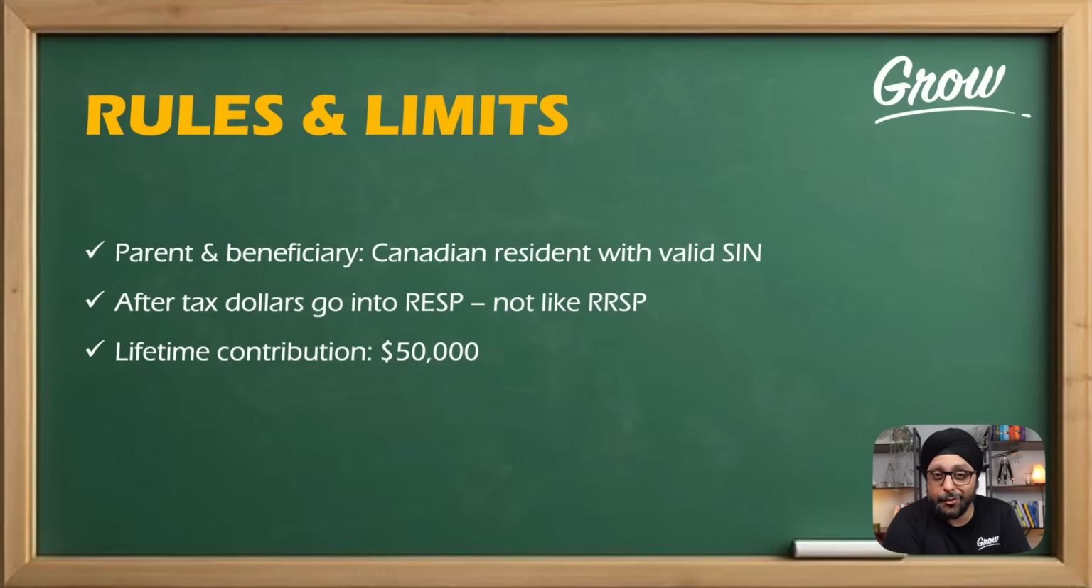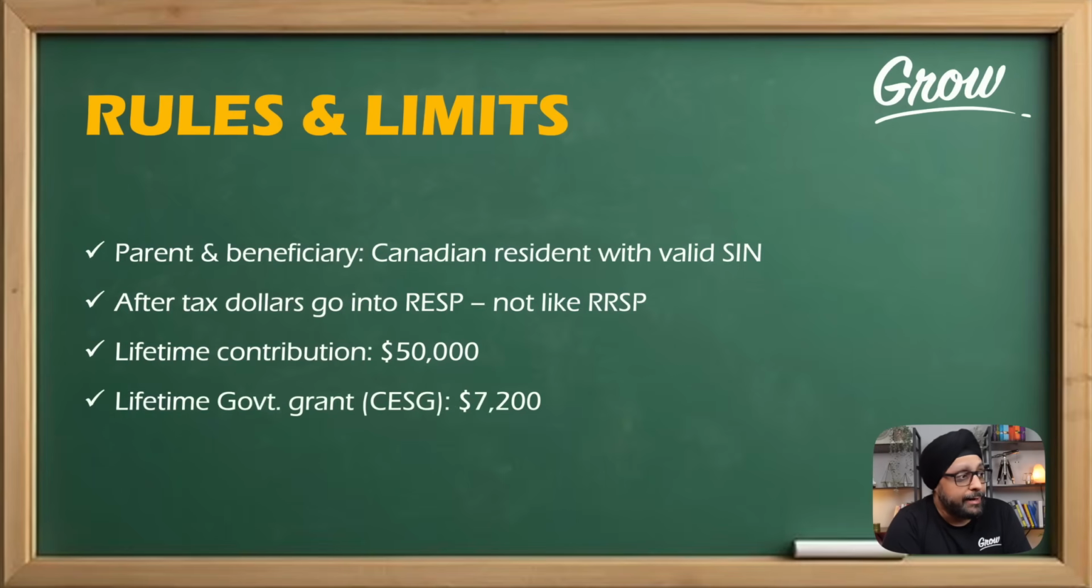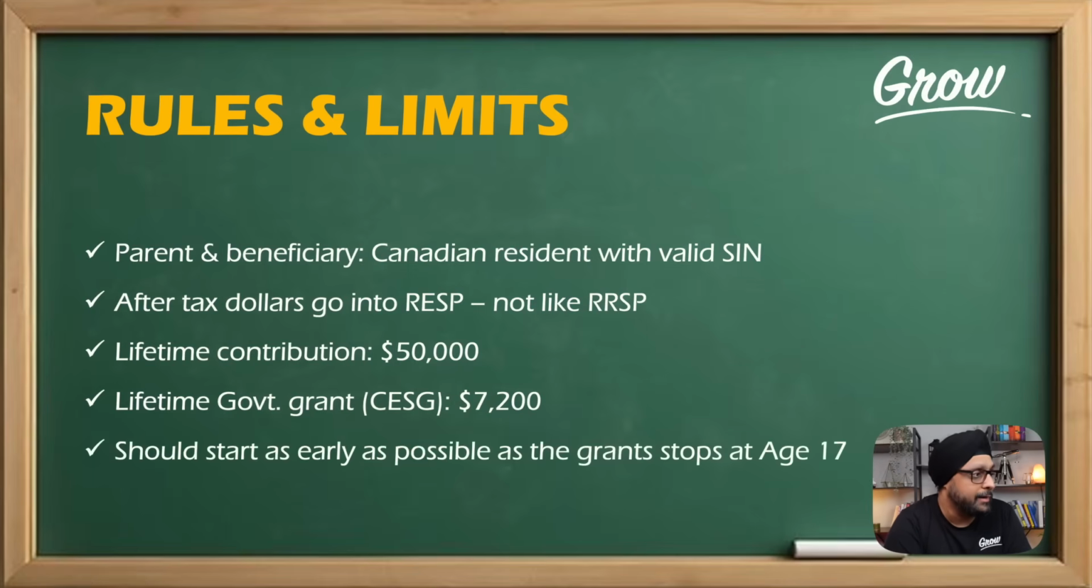This is not unlimited. Obviously, the lifetime contribution is $50,000, which is a lot. And we'll talk about how it compounds too. Lifetime government grant contribution is also not unlimited, and it's $7,200, and there are annual contribution limits. We'll talk about that when we talk about grants, and you should start as early as possible because the grant